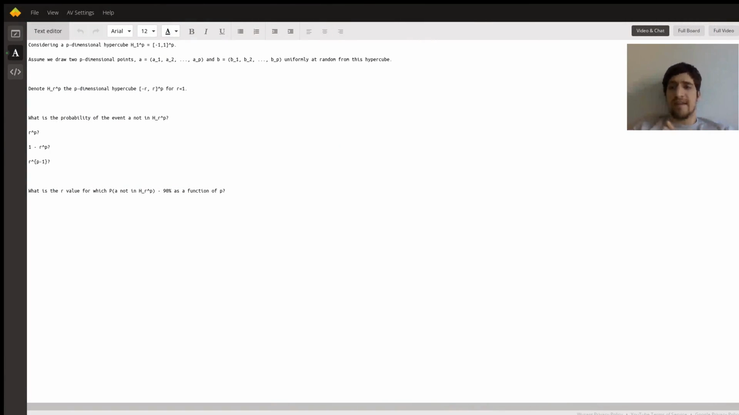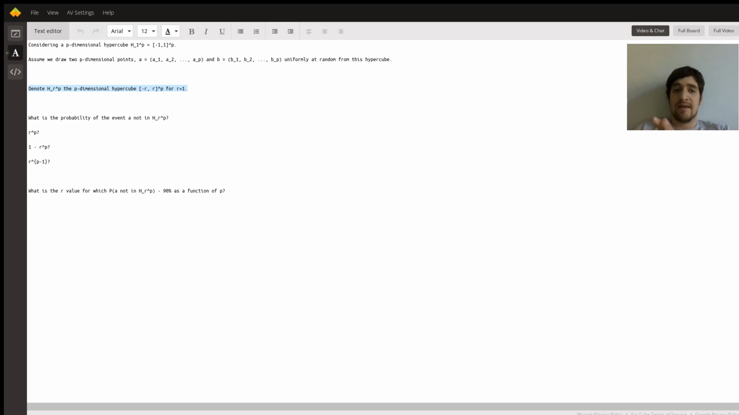Okay, so first let's take a look at this problem for a little bit, then we'll get cracking at it. We're given information about two different hypercubes. The first is a p-dimensional hypercube with each value for each dimension ranging from -1 to 1. And then we're given another p-dimensional hypercube, except the values range from -r to r, where r is less than 1. So we basically have this smaller hypercube, H_r^p, inside of a bigger hypercube,